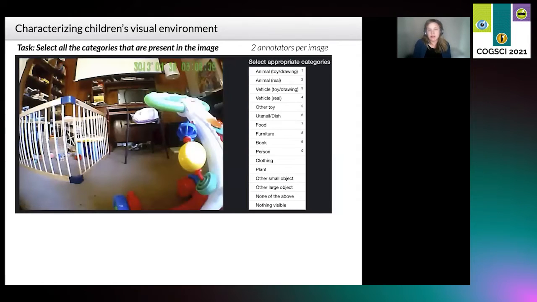As a first step, we wanted to try to figure out just what was going on in these images. So we designed a task to characterize children's visual environment where we asked participants to select all of the categories that were present in an image. So you can see the categories that we selected to the right, including animals and their toy or drawing or real versions,